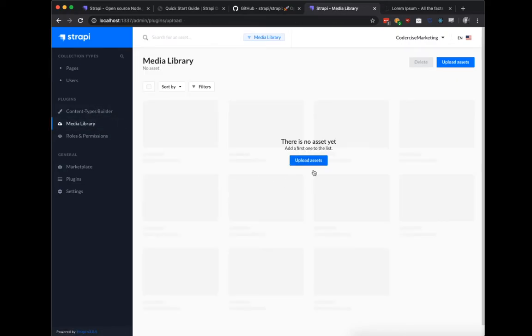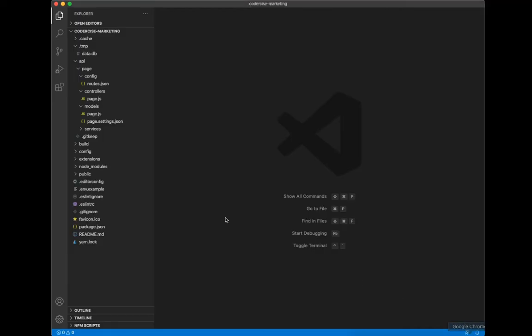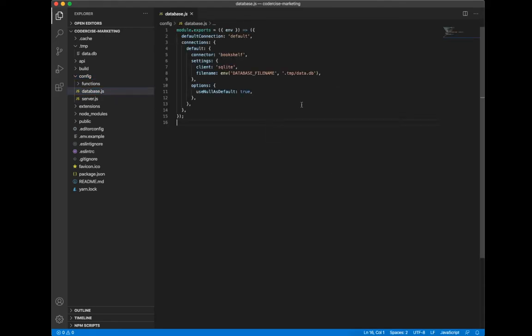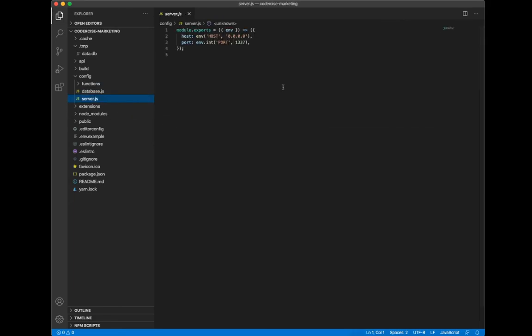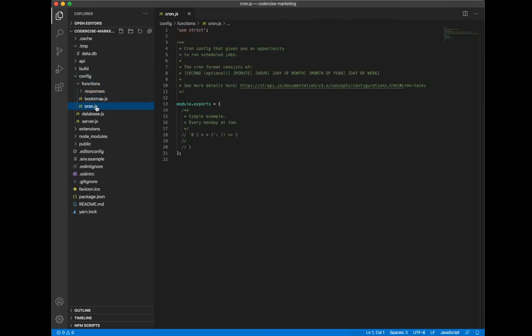Media library. I wonder where this uploads it to. I've got my API database. Yep. Okay, there's that database we were looking for before. So it's using bookshelf connector to an SQL client in that path. The server is just running on localhost on 1337, Bootstrap,